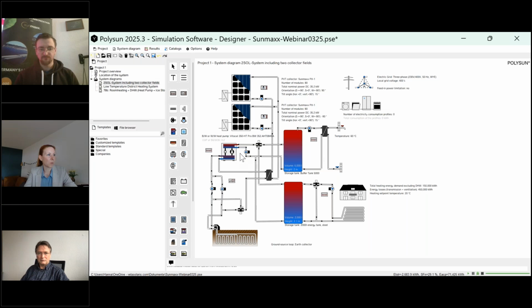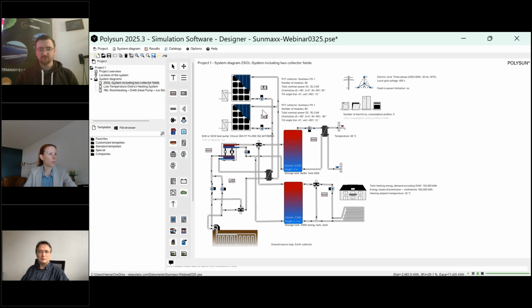And in the times where we don't need heat from the heat pump, where the heat pump is not operated, we can bring this heat at almost any temperature down into the ground and store it for later use. So that's something very nice about this system. And it gives us a very good solar thermal yield, and it will also lead to a better PV, so electricity yield, because we constantly cool these systems.